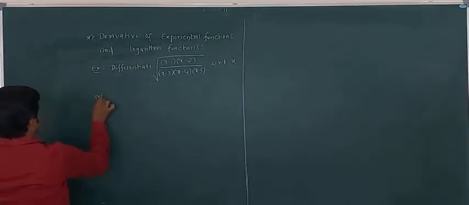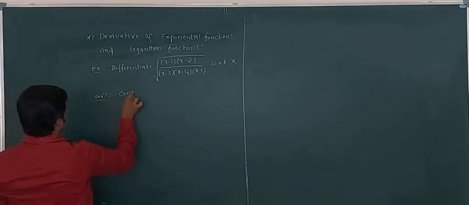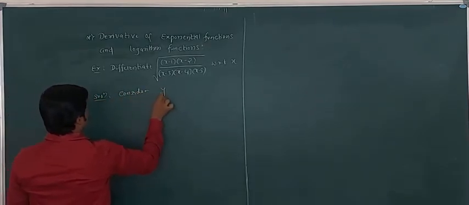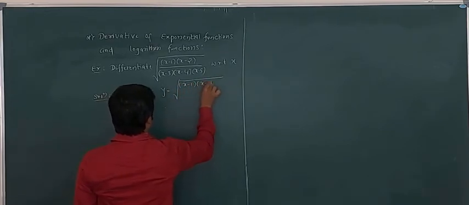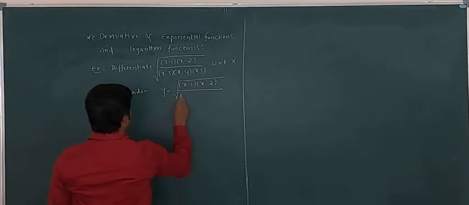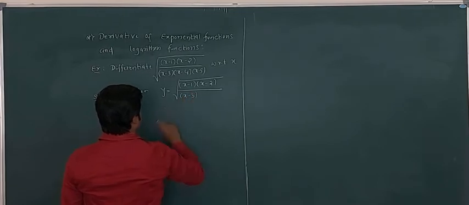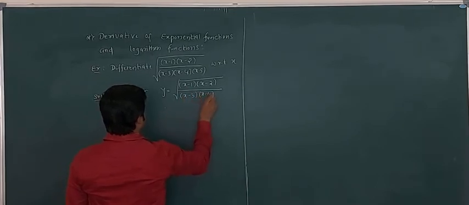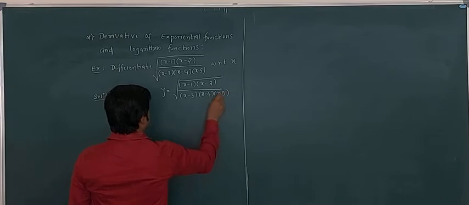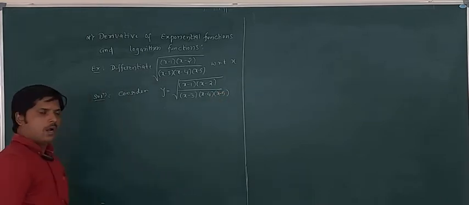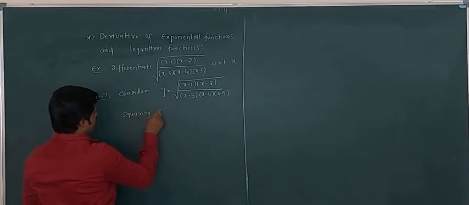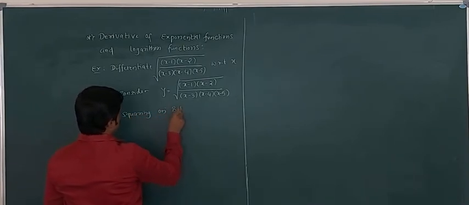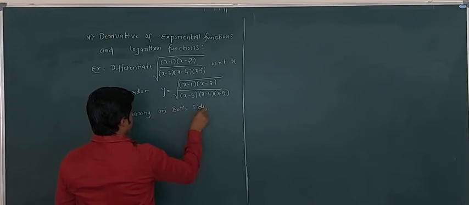So, solution. Here consider y equal to square root of (x minus 1)(x minus 2) divided by (x minus 3)(x minus 4)(x minus 5). Take squaring on both sides. Squaring on both sides, here we get